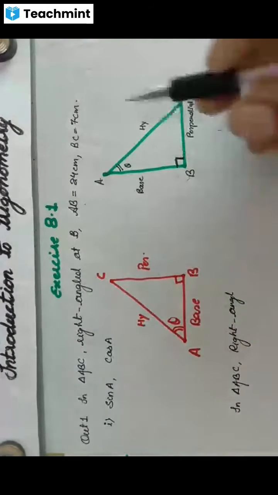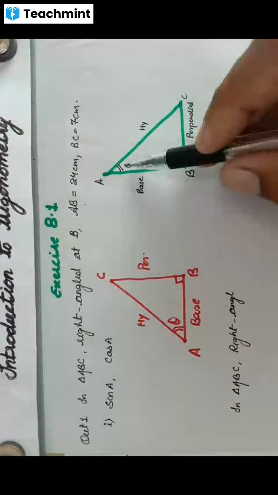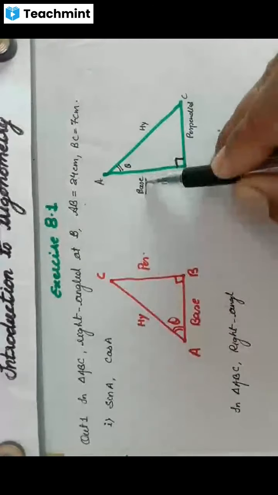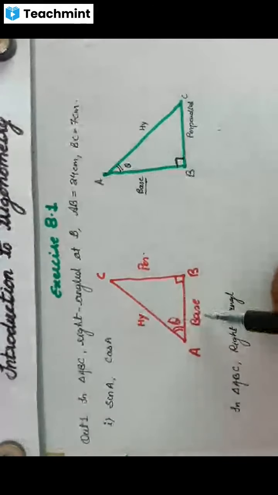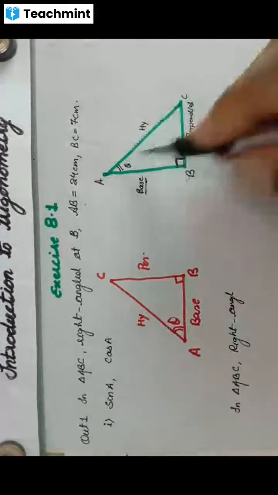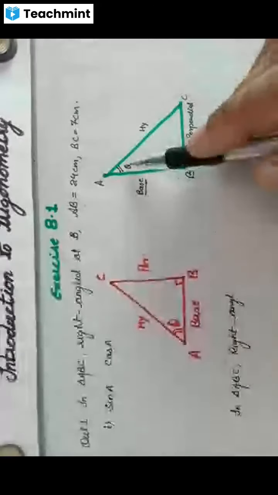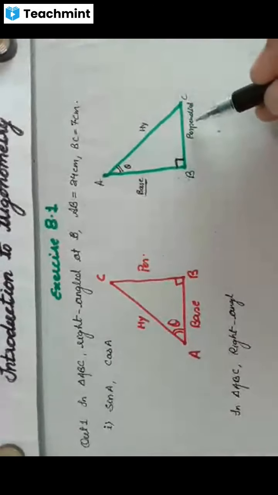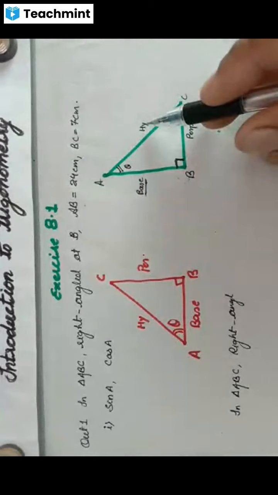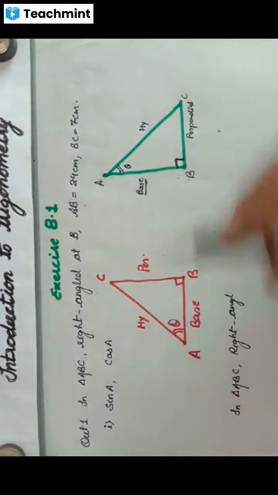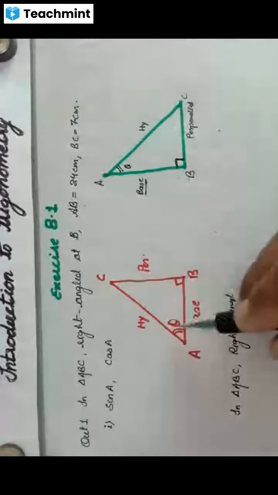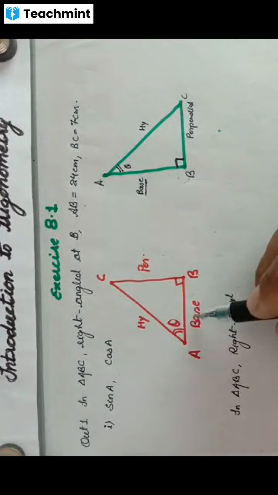Yes sir. Theta is there, that means the base will be this side. In this figure, theta is here, that means the base will be this side. In front of theta there is the perpendicular. जहां पर theta नहीं है वो साइड perpendicular है, और 90 डिग्री के सामने hypotenuse है. चाहे फिगर ऐसा बना लो आप कॉपी में, चाहे फिगर ऐसा बनाओ, लेकिन बेस हमेशा थीटा के साथ ही होगा. आपने फिगर ऐसा बनाया तो बेस थीटा के साथ होगा.